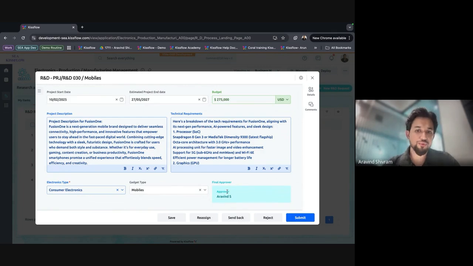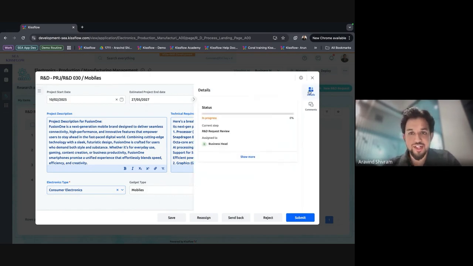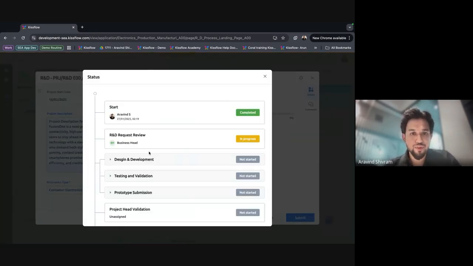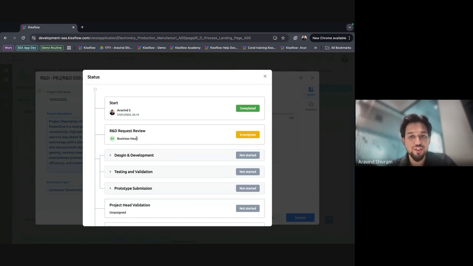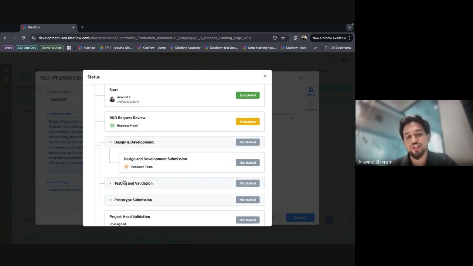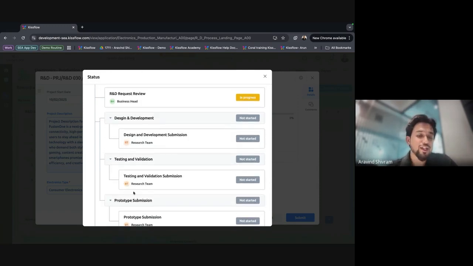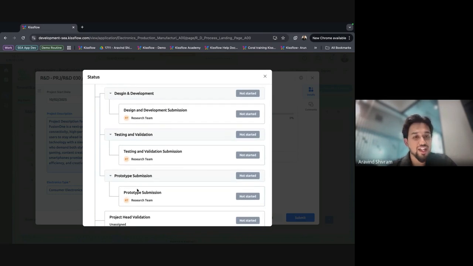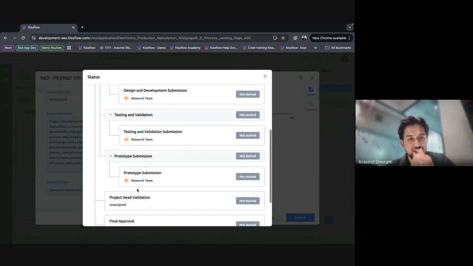And here we have something called a final approval. Now, this is again a dynamic assignment. Based on the electronic gadget that we choose, the approvals are going to change. I click on details to see the actual workflow. Once the business head approves it, it goes to the R&D team or the research team to provide the basic or detailed guideline documents so that the production team can look into this documentation as they initiate their job.